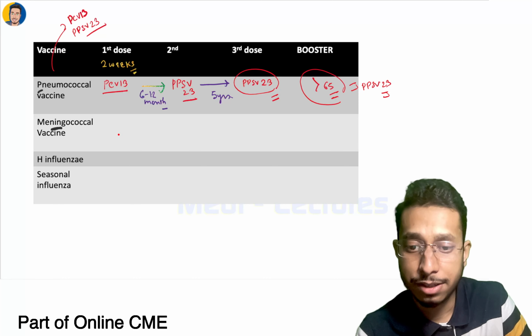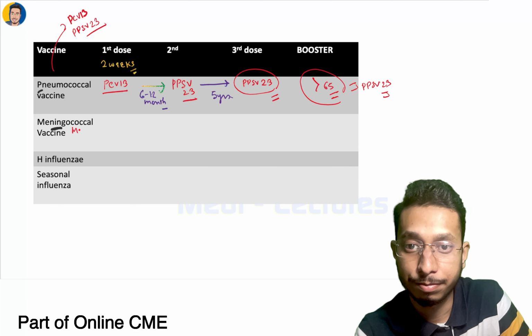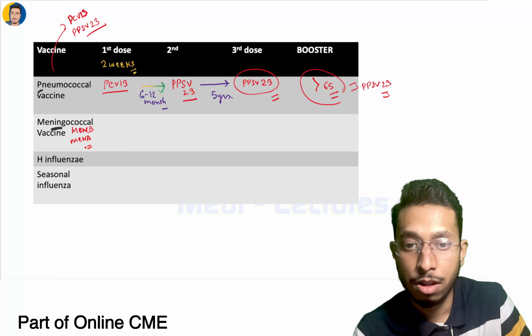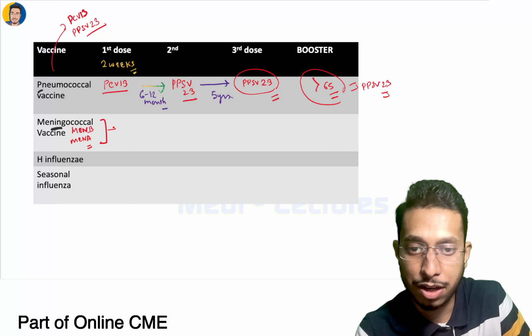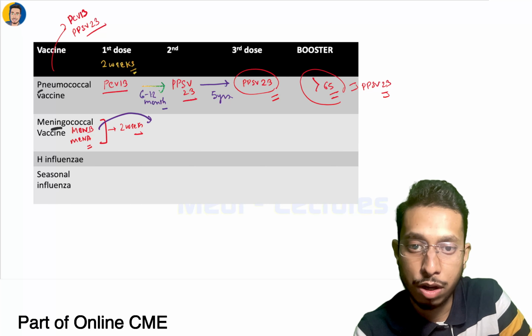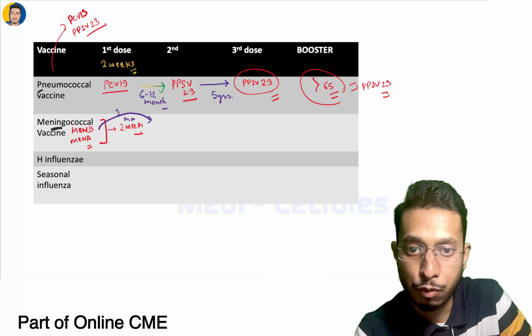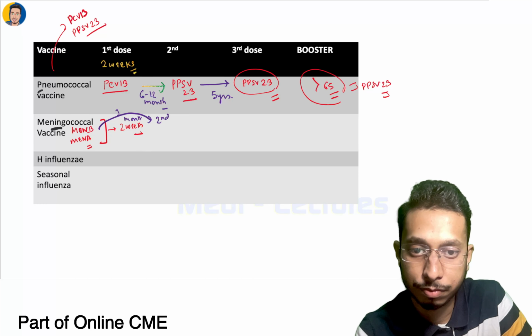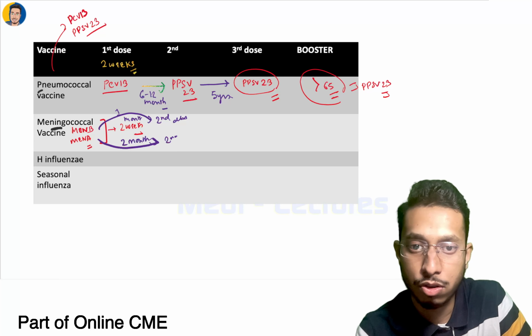Now for the meningococcal vaccine we have two types, Men-B and Men-A. Men-A and Men-B are given starting at 2 weeks. The first dose is usually given at 2 weeks. Men-B is given after 1 month, the second dose after 1 month, and Men-A is given 2 months after the first dose, the second dose. Okay,